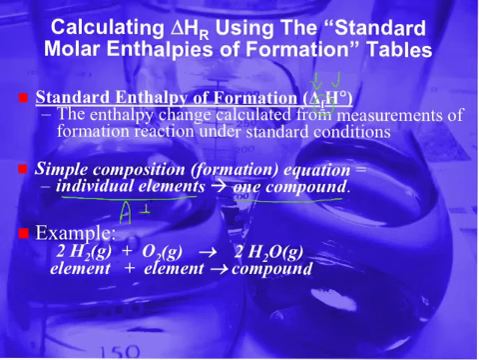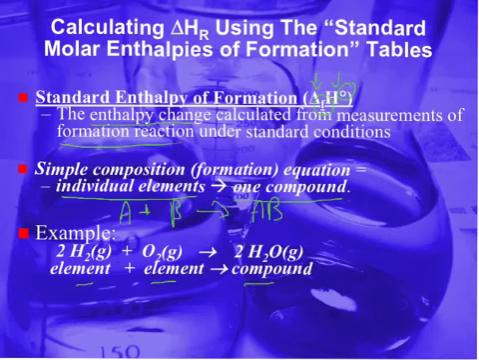We had A plus B forming the compound AB. An example here is hydrogen reacting with oxygen to produce water. The next symbol we want to look at is the little degree sign, and we mentioned that this is the symbol for standard conditions, 1 atmosphere and 0 degrees Celsius. So the standard enthalpy of formation is basically just the enthalpy change from the measurement of a formation reaction done